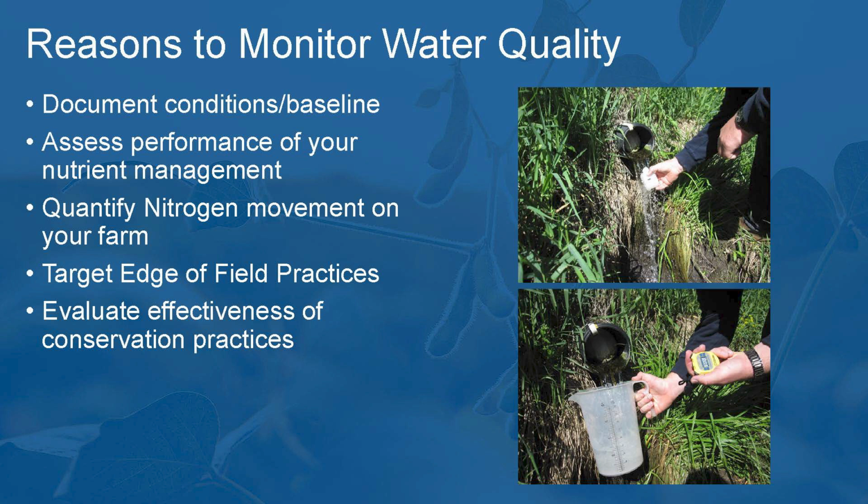So first of all, why do we want to plan for the edge of field? We've got to have somewhere to start, so that's where we're looking at our water quality. We have to have a baseline to look at our water quality. So where are we losing some of these nitrates? Where are we losing some of these nutrients? So we're going to focus on assessing the performance of your nutrient management. Where are you losing nitrogen on your farm? And based on those areas, we're going to focus and target our edge of field practices. And then after we've got an edge of field practice in, we want to evaluate those areas to see how